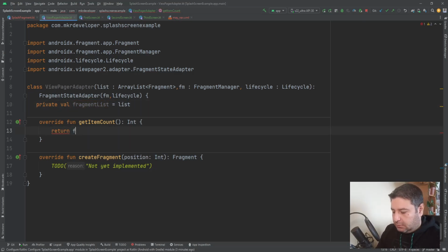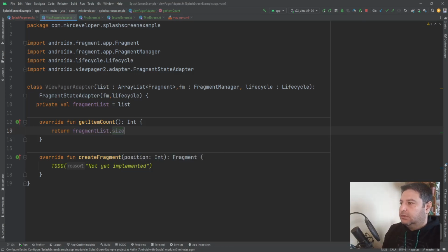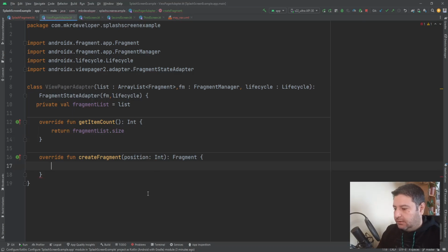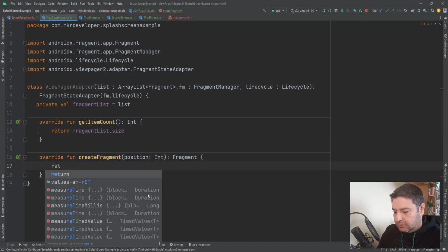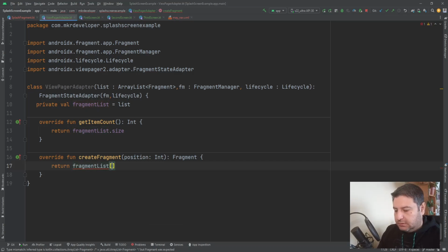And the fragment list dot size will be the item count, and here I have to return fragment list, and I have to pass the position into it to make it dynamic. Okay,